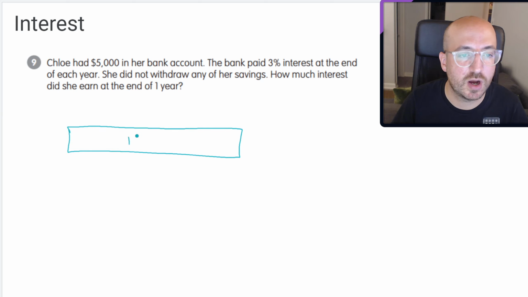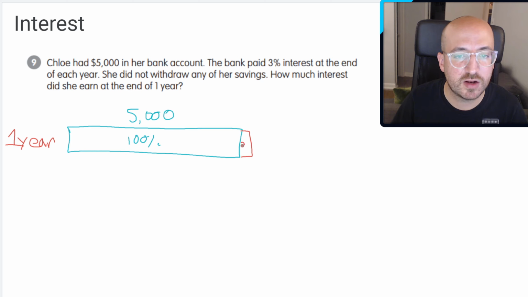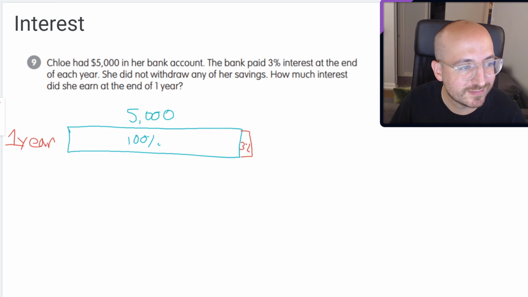Okay, so we know 100% of this, the money she started with, was $5,000. I'm going to nerd out a little bit. So after 1 year, that would grow 3%. They don't pay huge interest, but it's guaranteed. You don't do anything. You just make money. Your money makes money. Okay, so 1%